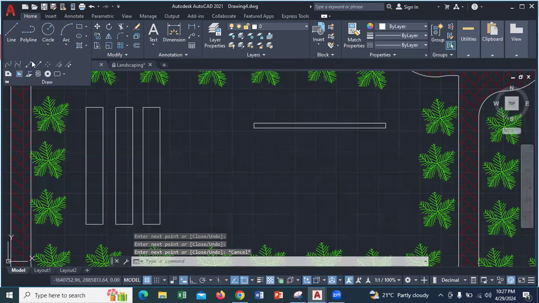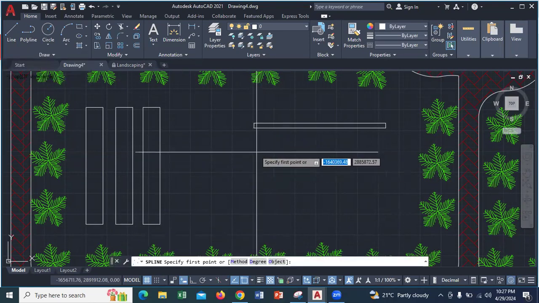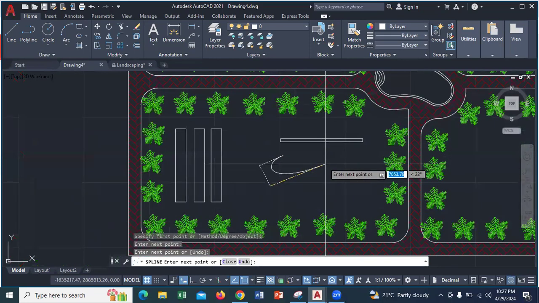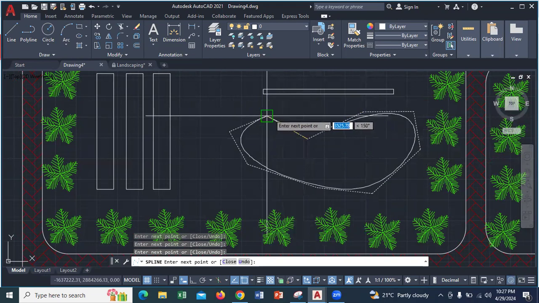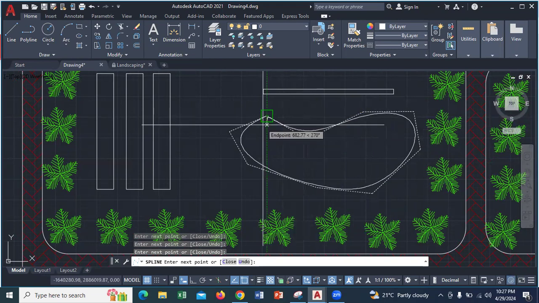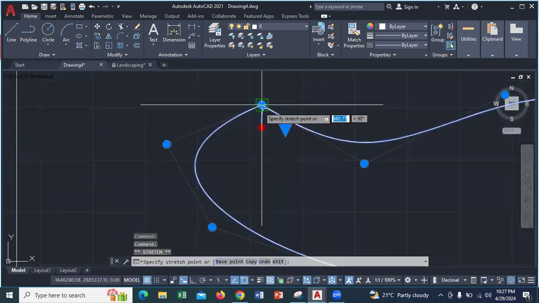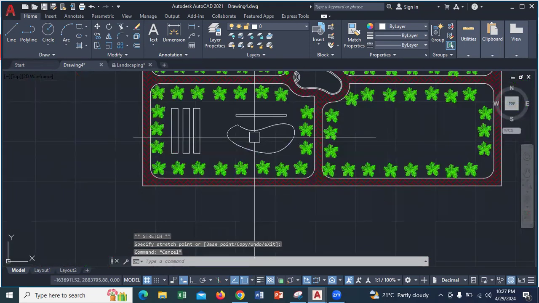Sorry, I just forgot to click, and just again very quick. You can use any shape, so it's very handy to use. Just click enter and just join this. So this is my